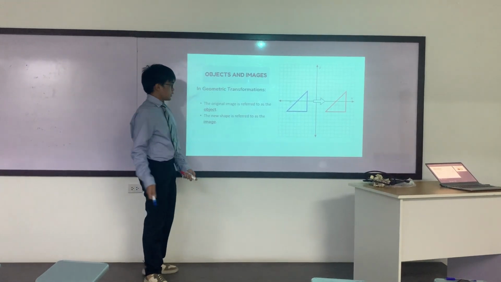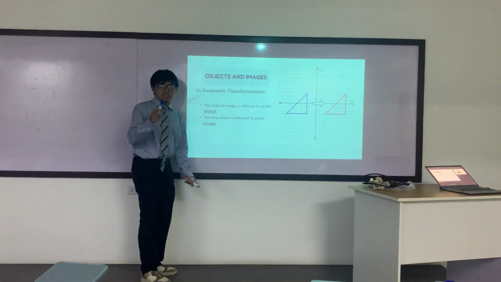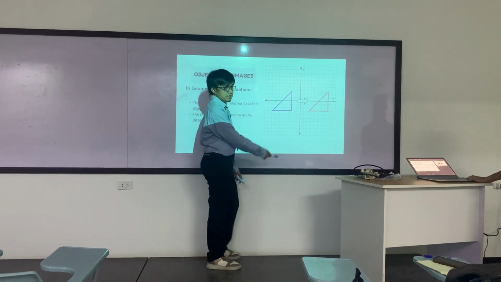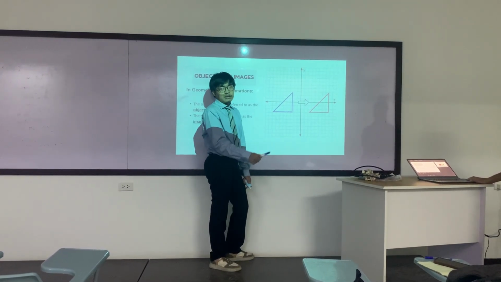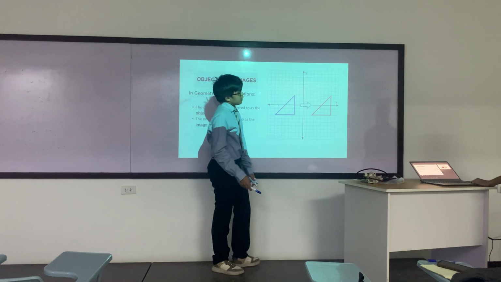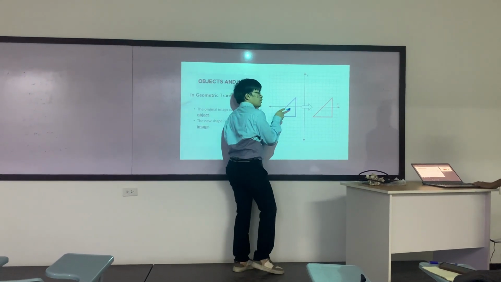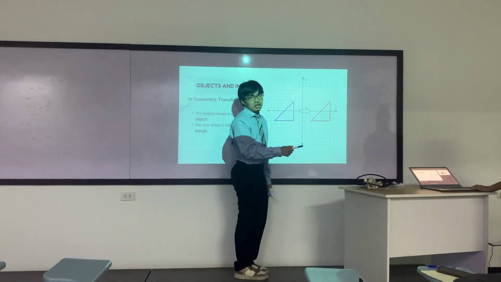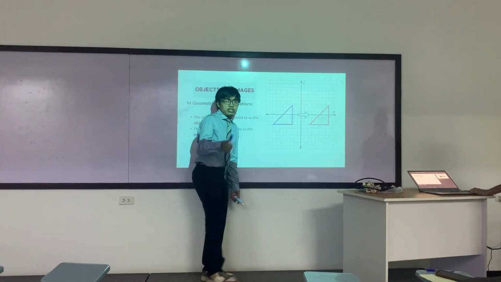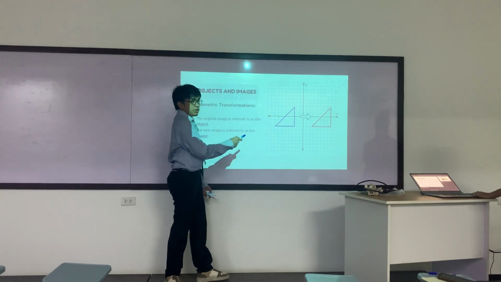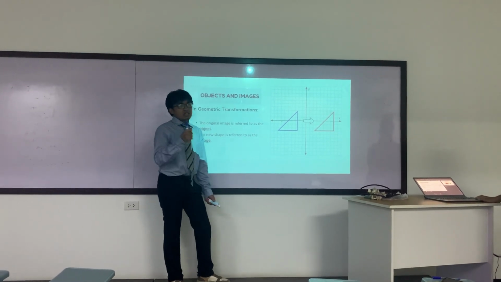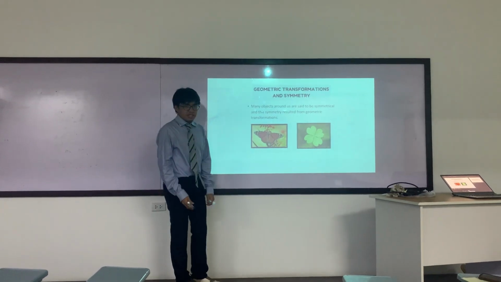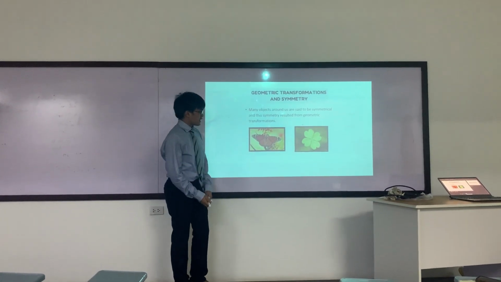As demonstrated earlier, we started with a shape, which we manipulated to form a different appearance. That initial shape is what we call the object, and the resultant shape is called the image. For example, we have this blue triangle, which will be the object in this example. This blue triangle is then moved towards the right to form this red triangle, which is the image. And because we're just manipulating a shape's appearance, size, and position across a coordinate space, many objects are symmetrical because of this.